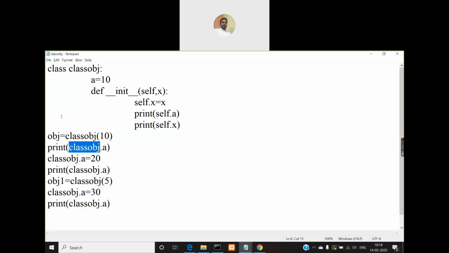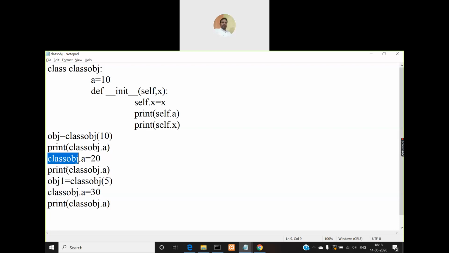Then coming to the next one, class obj.a. What is this class obj? It is the name of the class, and I'm accessing the variable a. Class variable a value was initially 10. Now that class variable a is modified to 20. So this 10 will be erased, and it will be 20.